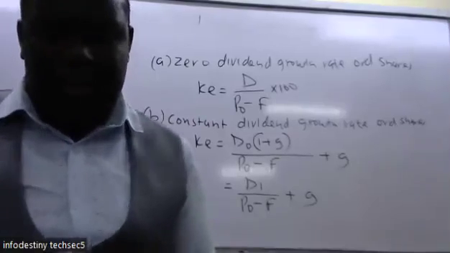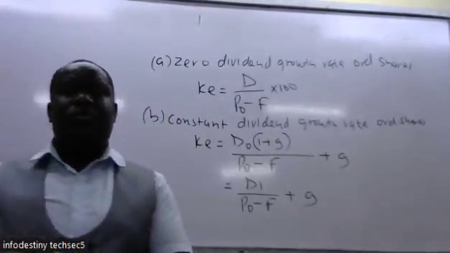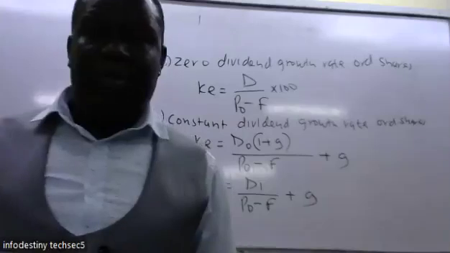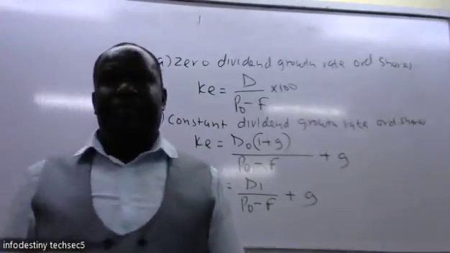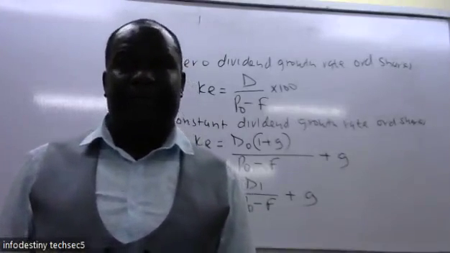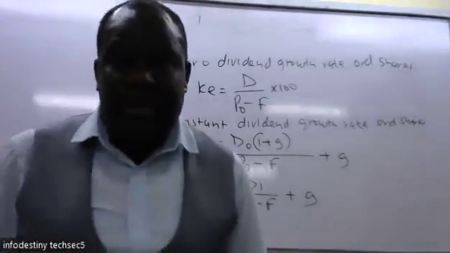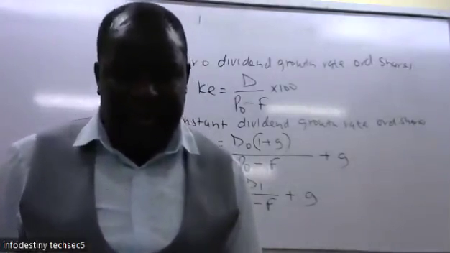Now we go to number 2 as the retained earnings. So when it comes to the retained earnings, we can first summarize that